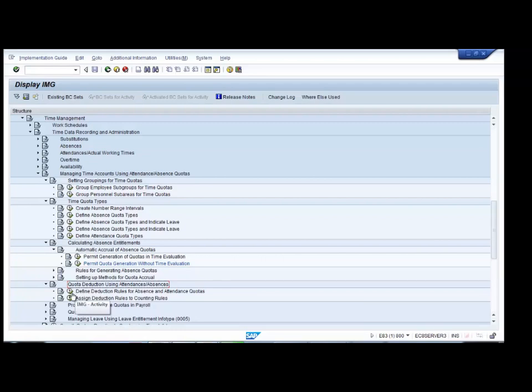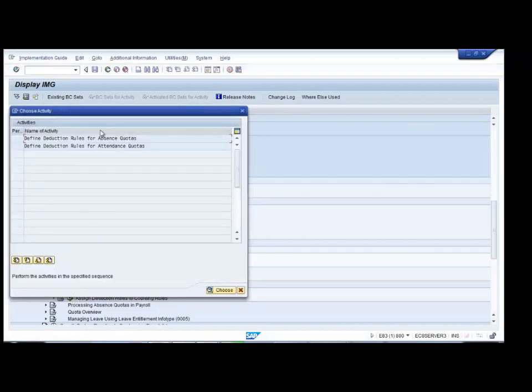What is a deduction rule? Think of an example. You have vacation 30 days and you have some other time off like 10 days. Now you are going for some international trip where you think, I have to be out of the country for 50 days. But your vacation is maximum 40 days. Then you want to utilize another quota, like another time off. In that case, if the company policy says that if the employee completes one quota, he can also use the next quota, that you have to define in these deduction rules.